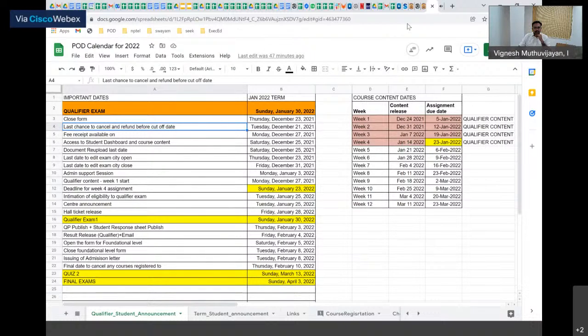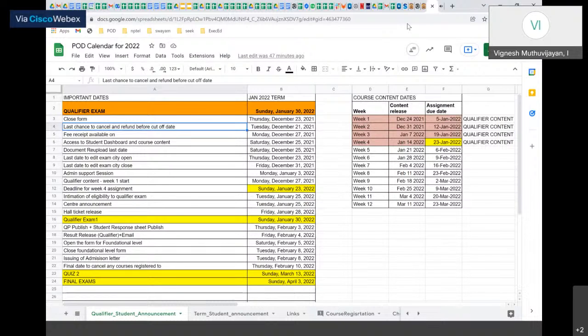So make note that between week 3 and week 4, you just have 4 days of time difference. So ensure that you submit the assignments within this particular time. And there'll be 4 courses, okay? There will be English 1, Maths 1, Statistics 1, and Computational Thinking. There will be 1 assignment for each of these courses. You will have to submit 4 assignments every week, each of the 4 weeks. So a total of 16 assignments you have to submit and get more than 40 out of 100 as the average